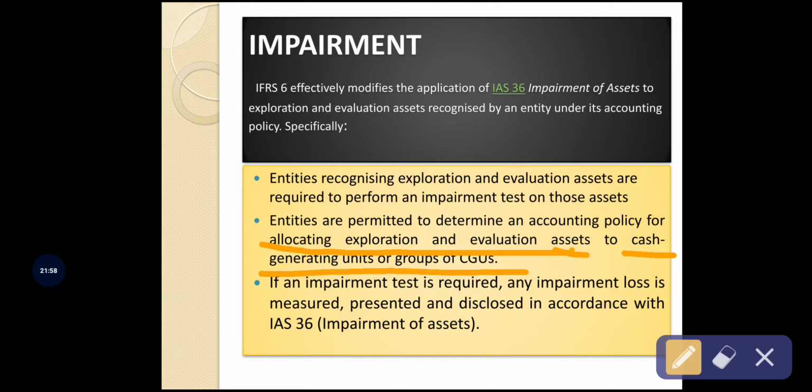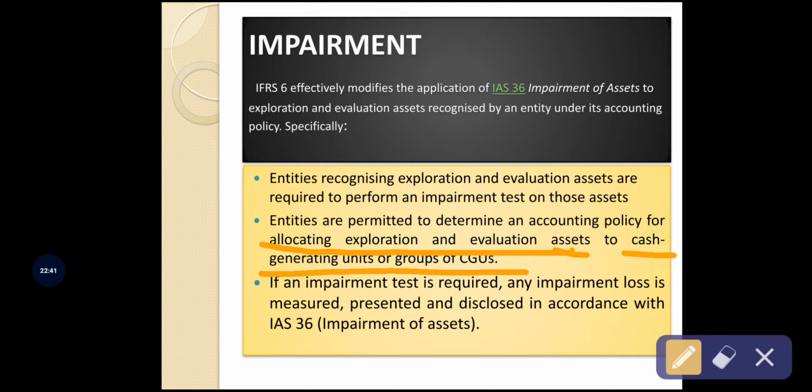Generating, that is continuous tense, right? That is cash generating units. So these vehicles will be continuously generating the cash inflow to the business organization, so that will be called cash generating units. Yes, of course, the travel, that is the transportation cost, is also one of the expenses incurred for the exploration and evaluation of the mineral resources. So those assets must be identified in the cash generating units. After identifying those assets, in respect of those assets, it is permitted to an entity to develop the accounting policies. Okay, so that is the second accounting policy regarding impairment.